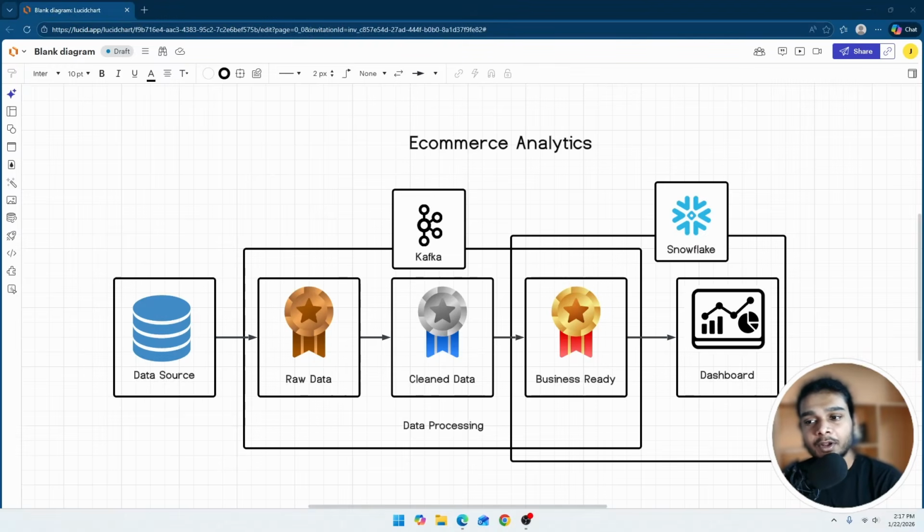Firstly, our project is e-commerce analytics. Basically it starts with the data source where we get the data from, and we transform it and then create a dashboard that aligns with the business requirement. When I say business requirement, it is simple. It's nothing but that the dashboard should show the daily sales data and the customer actions taken on the e-commerce website. That's basically it. And this is the data pipeline, the whole architecture that we're going to follow